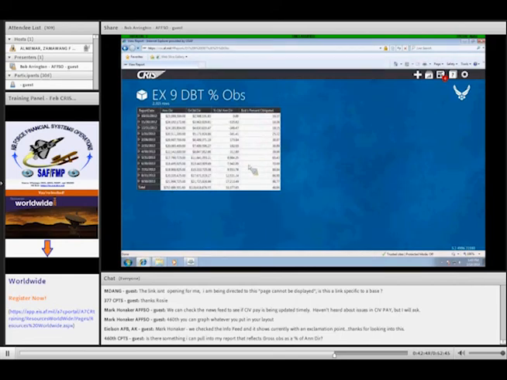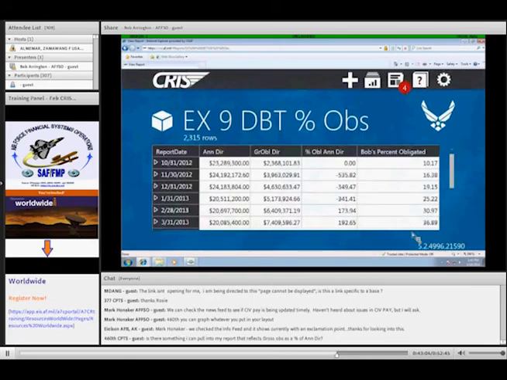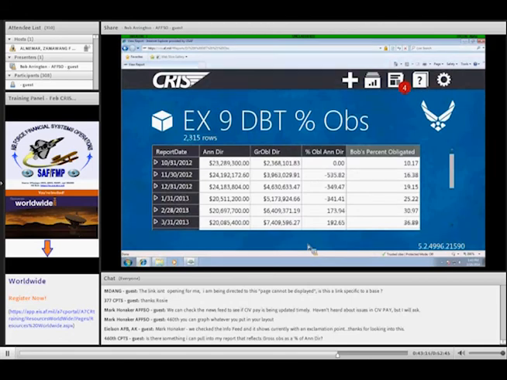And I'm going to look at this in the collapsed form. Now, here's a catch. Let me expand this so you can see it a little bit better. Okay, we're looking at, and this could be done for a daily report, this monthly report in the DBT, any type of report, if you needed your percent obligated. And this is what we're calculating right here.